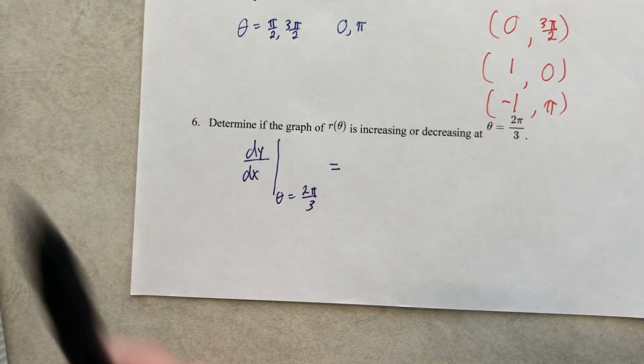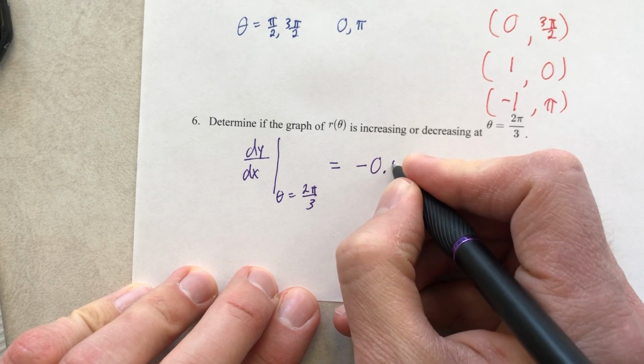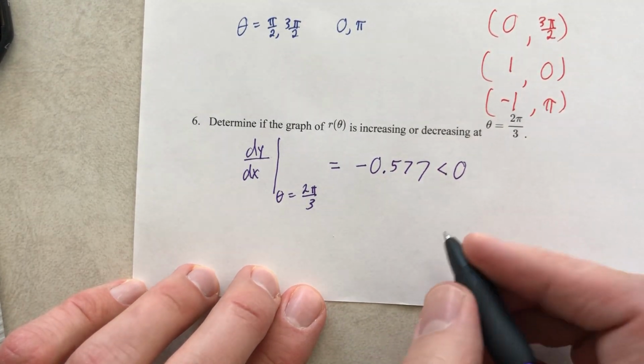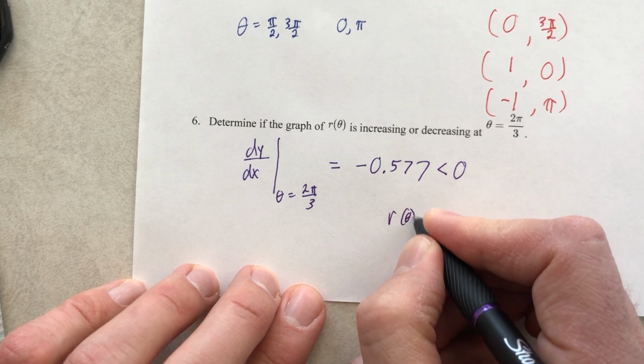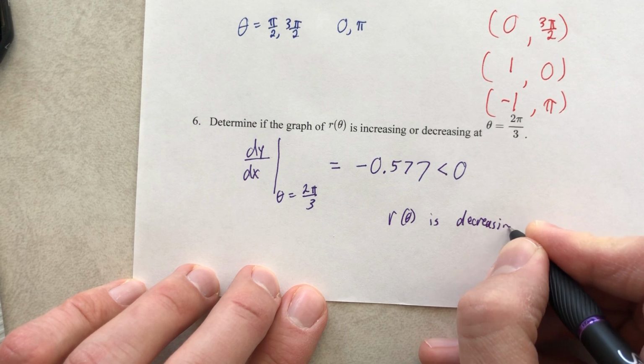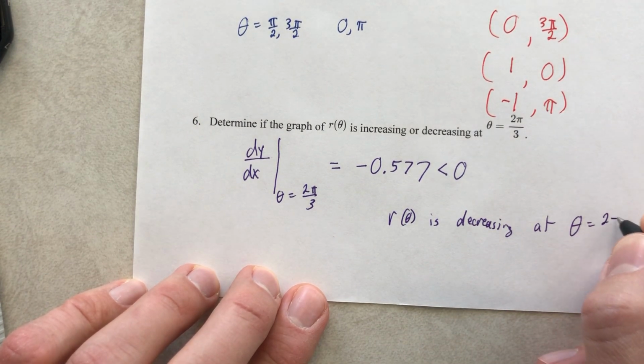I grabbed the wrong color pen. I didn't go through the thought process where I make the awkward sounds. There we go. So there's that, which is negative, so r of theta is decreasing at theta equals 2 pi over